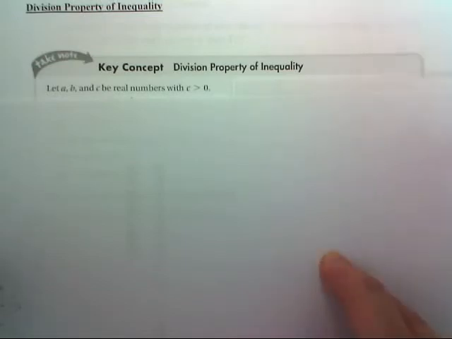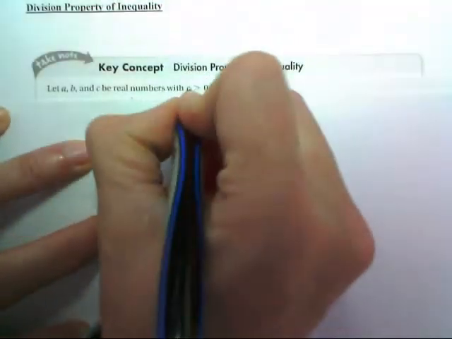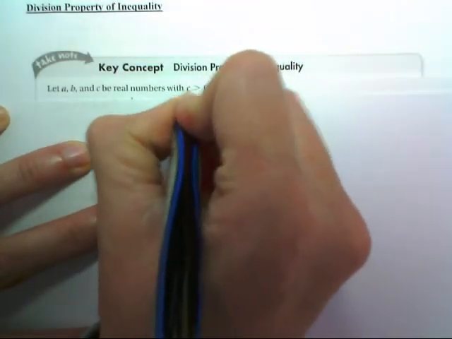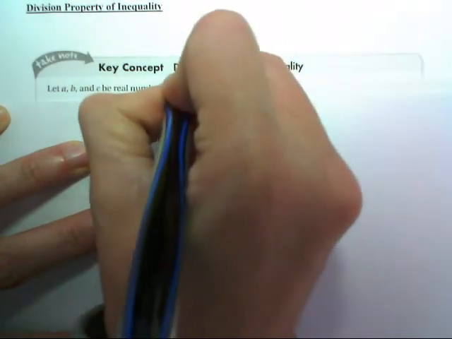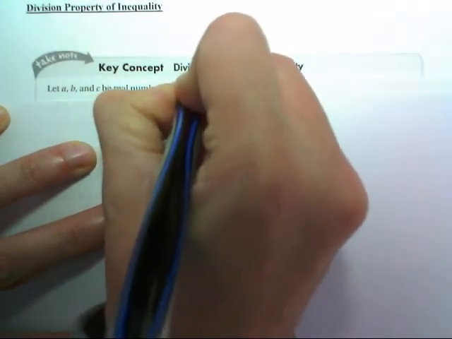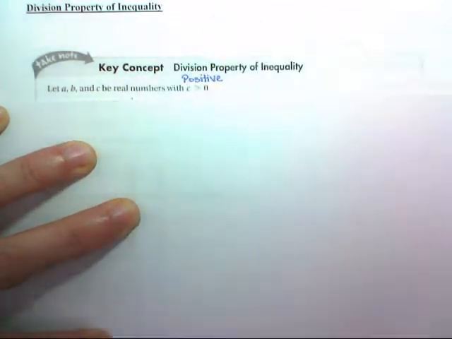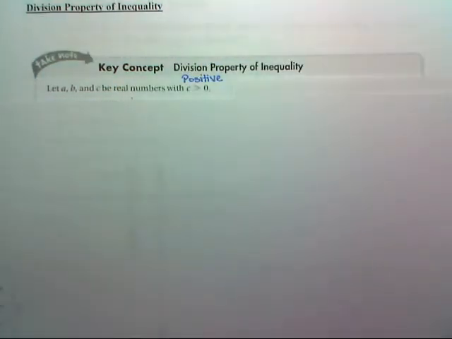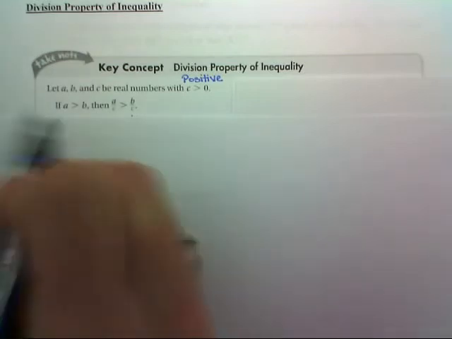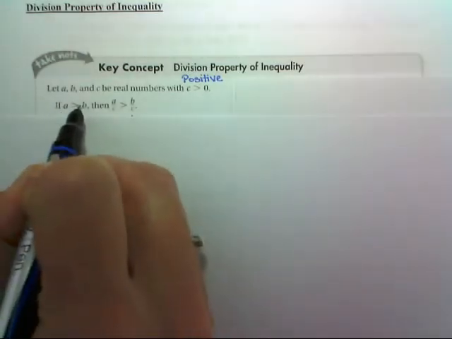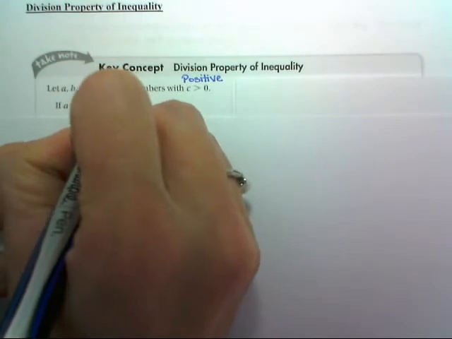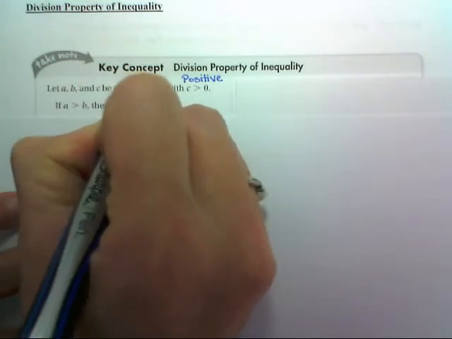C greater than 0. Just like when we had multiplication, if C is larger than 0, think about all the numbers that are bigger than 0, and they all revolve around being positive. So we're talking about only positive numbers. Let's look at this first example. If A is greater than B, A is a larger number than B, and I divide both sides by a positive C,